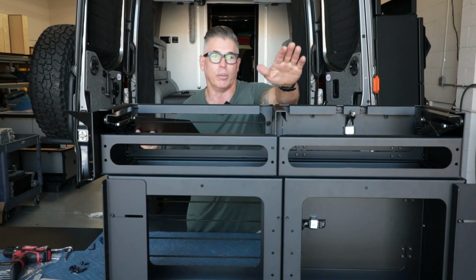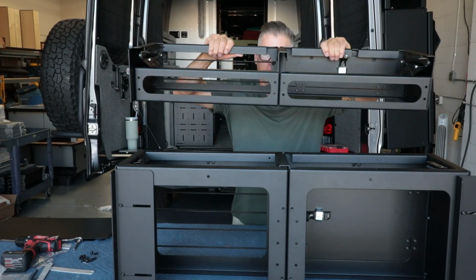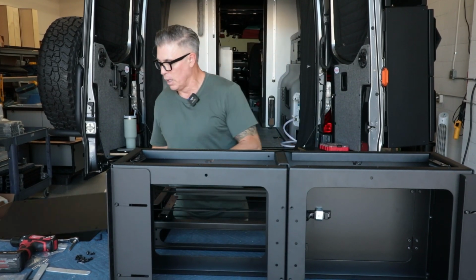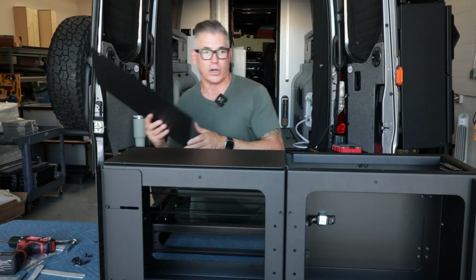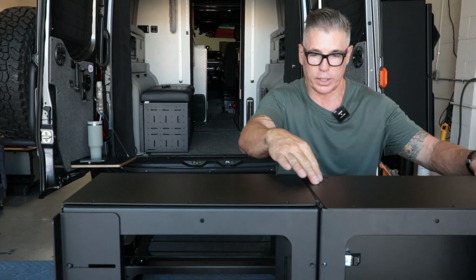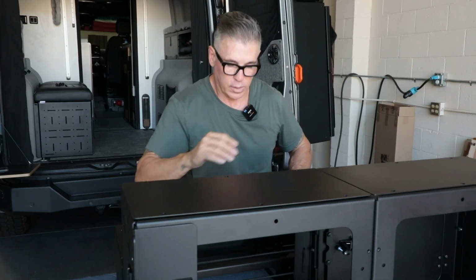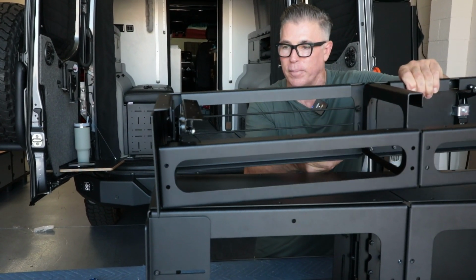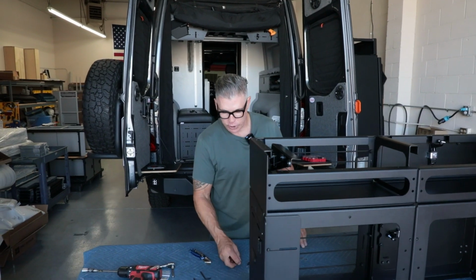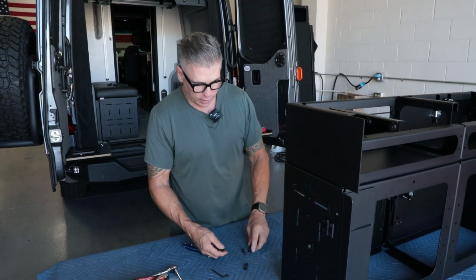So you either have to do it before you put this piece or do it like I like it, where I'm always changing things up, where I'll just put it right here first and then line my holes up, then put my cabinet up and go that route. So your choice. All right, so we should have 12 bolts here to bolt the top down into the lower